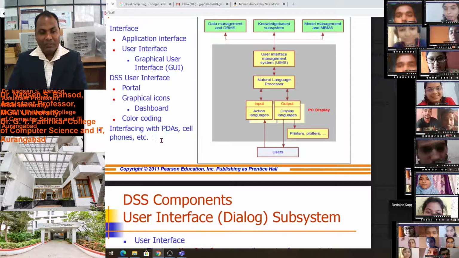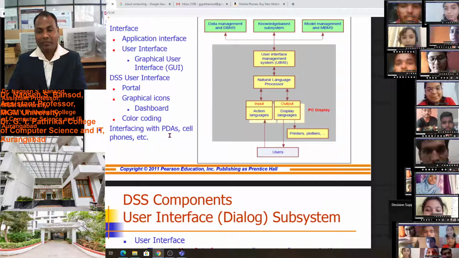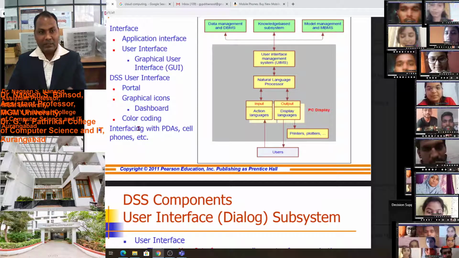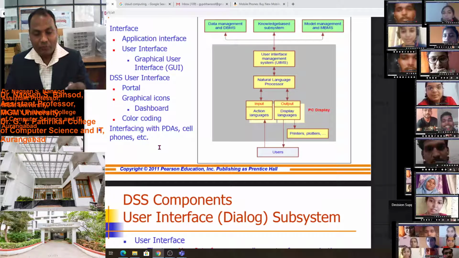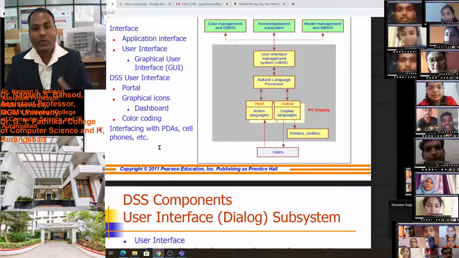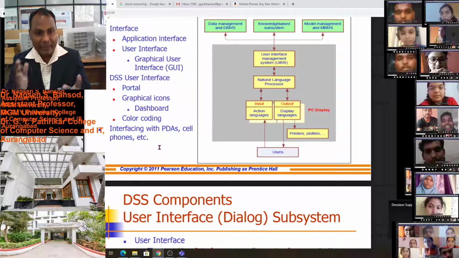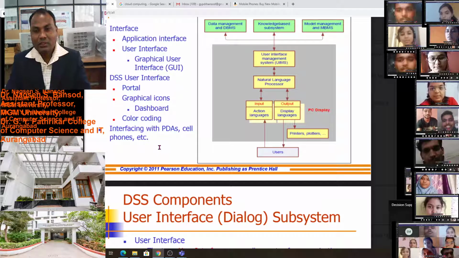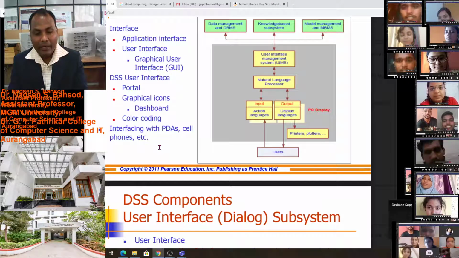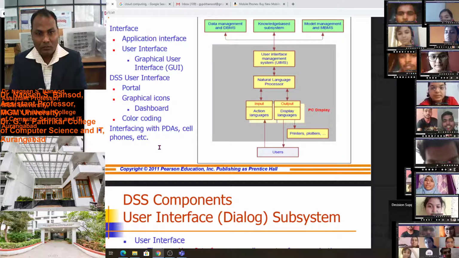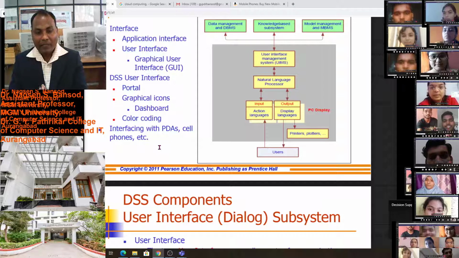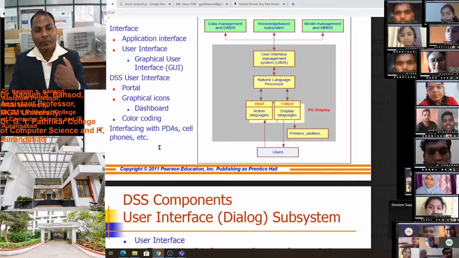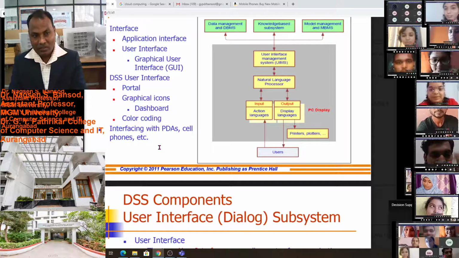Interfacing with PDAs, personal digital assistants. The software should work on the PDA as well as cell phones or small mobile phones. So we, as company employees, can easily reach the customer.